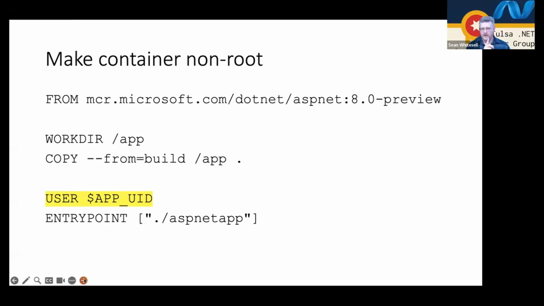Question. I got one other question. Go ahead. And so this is regarding the use of the new environment variable for the port. So why use a new environment variable? Why not use the existing ASP.NET Core URLs? Well, so that is a related topic, but it has nothing to do with what's on the slide per se. So this is basically saying